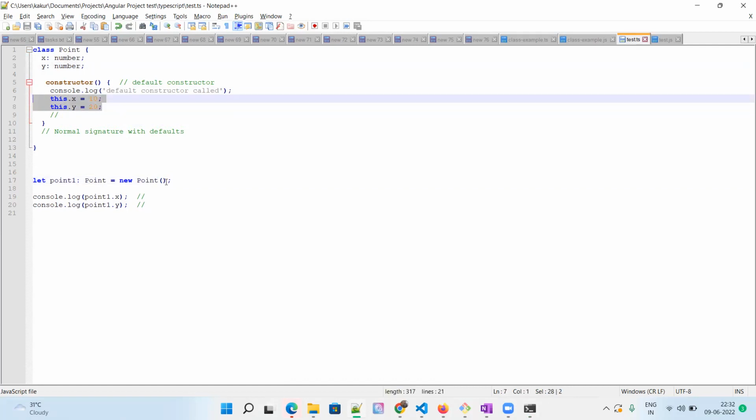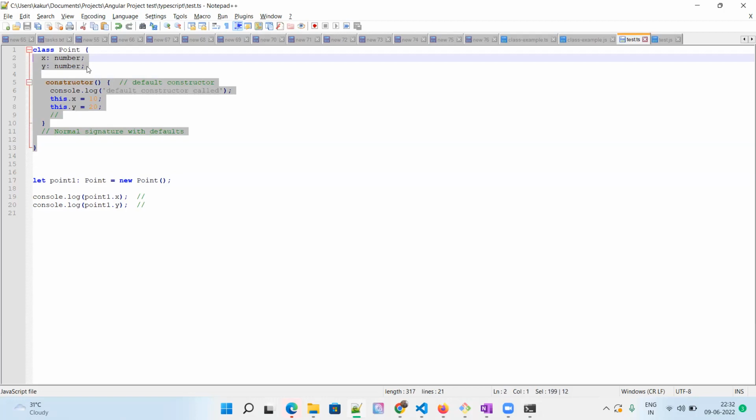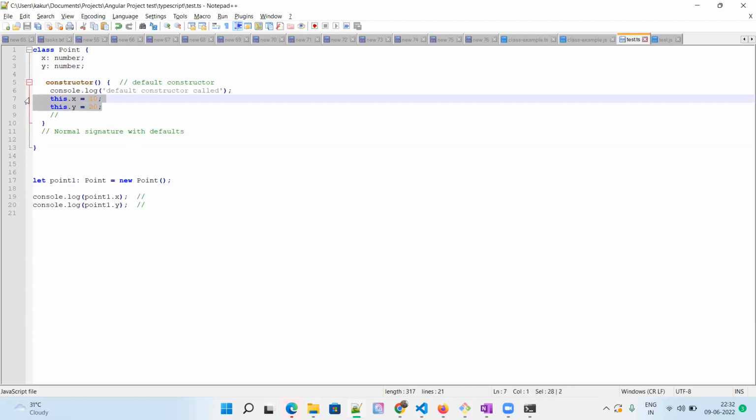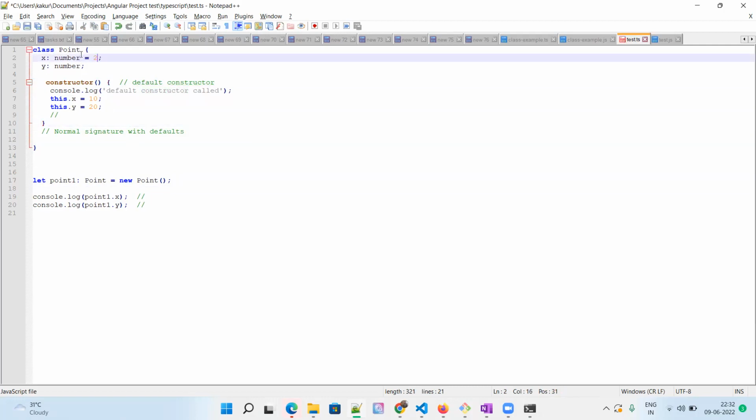If you are passing from here, just like in the previous case, then you are passing values from outside of the class and trying to initialize the fields inside the class. But if you are not passing any values, then you must be initializing within the constructor itself. So you cannot initialize anywhere else, except you can assign some maybe here, like you can assign values